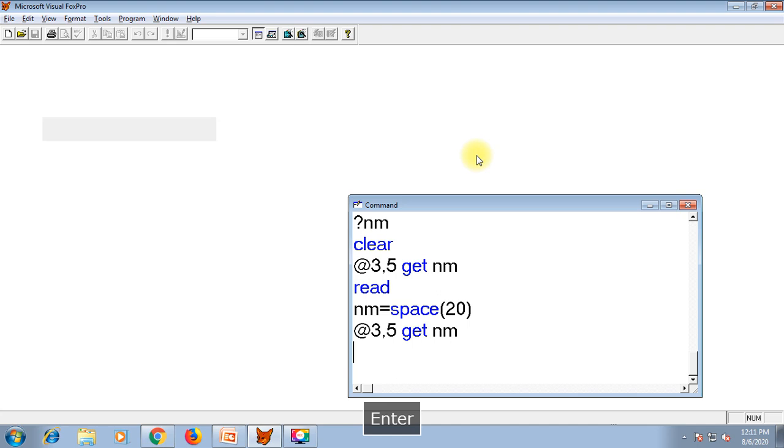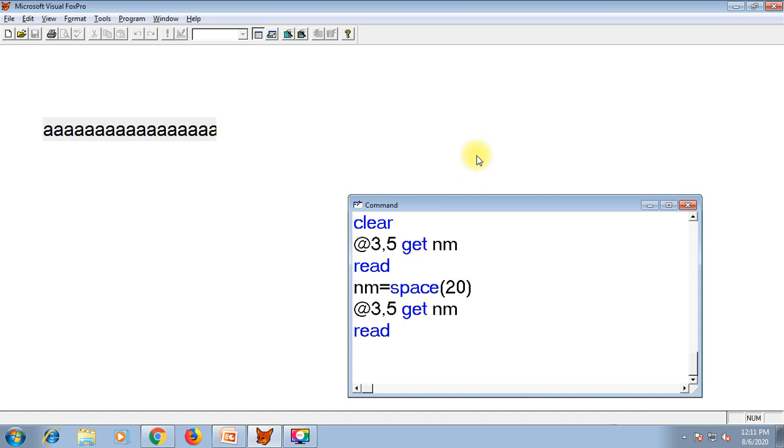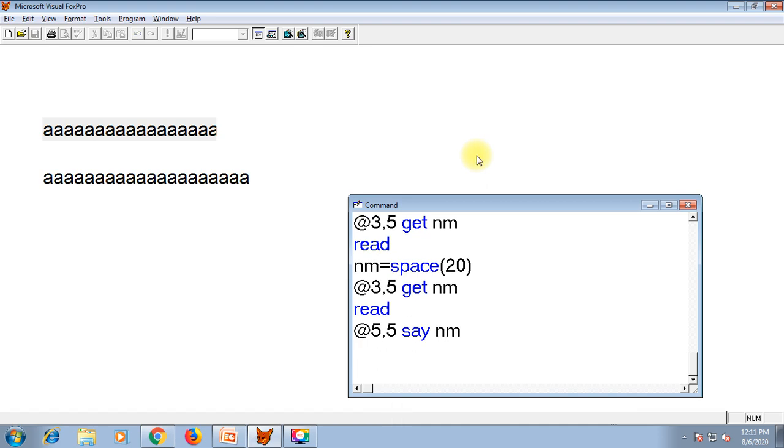Okay. 1, 2, 3, up to 20. 20 characters are entered. If you print it somewhere, @5,5 say nm, so you can print this nm. 20 characters are printed.